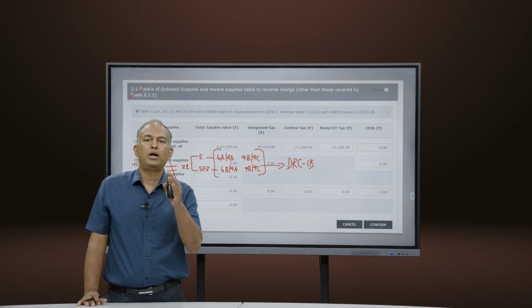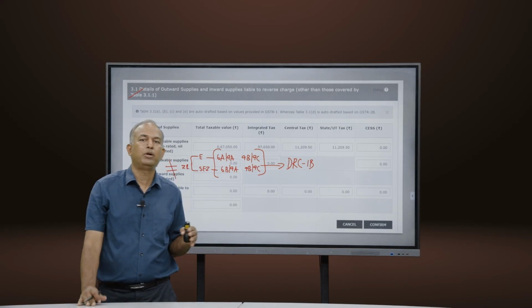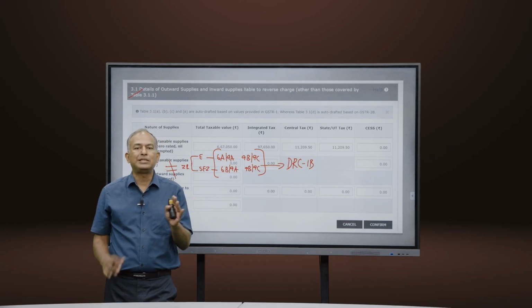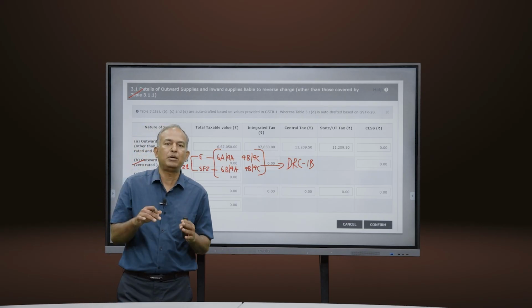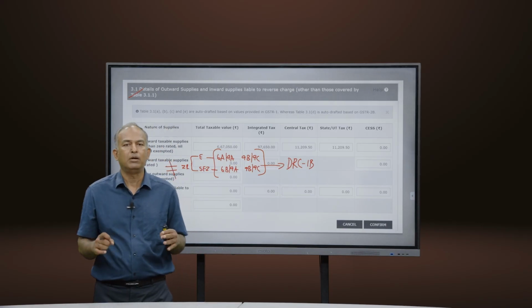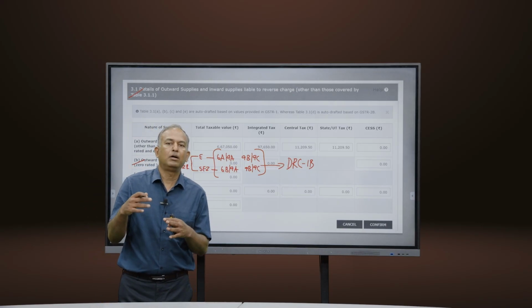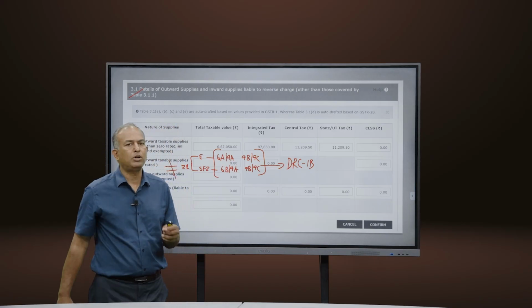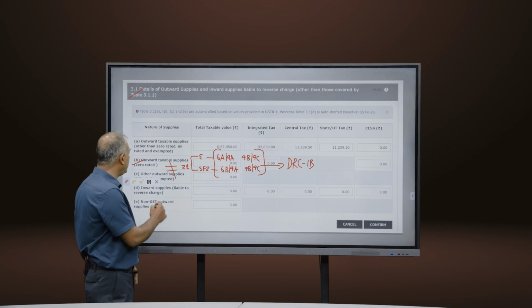So there is one part which was initially coming as a scrutiny parameter. So basically what I wanted to highlight is the fact that whenever there is a mismatch in the data between these tables of R1 with the corresponding tables in the R3B, it is an aspect that needs to be checked. It's a scrutiny parameter. So if you were to put a scrutiny parameter for this particular table, which is 3.1D,